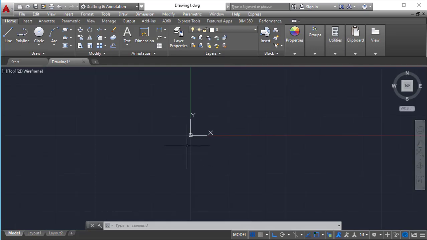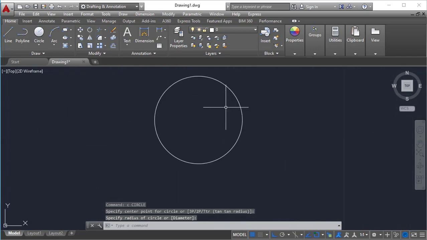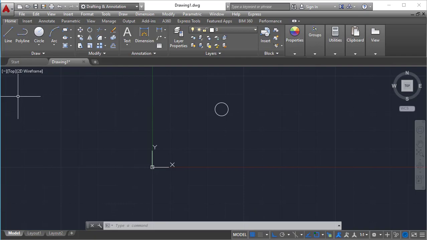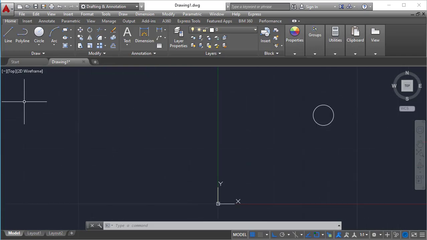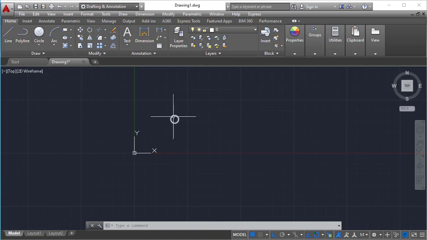You need to remember all this if you want to walk around in AutoCAD. You need to get used to the panning and zooming while using the mouse. See, I have created a sample model. You need to pan around if you want to zoom in, zoom out. Wherever the cursor position is, if you scroll the mouse wheel, there it will apply the zoom. If I hover my cursor over here and zoom in, zoom out, it will go like this. So make sure wherever the cursor is located, there the zooming will happen. So you need to remember that.